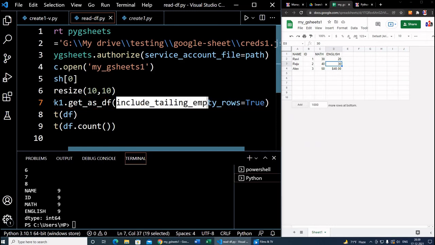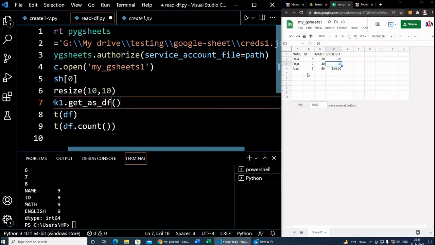We'll learn how to handle the empty values in our data. Say we'll create some empty values. I'm just deleting this and deleting this also. These two empty values are there. We'll see how they change. Now coming back here, we'll say empty value equal to hash. You can give star or anything, whatever you want the empty values to be replaced with, it's a placeholder. So now let's run this.